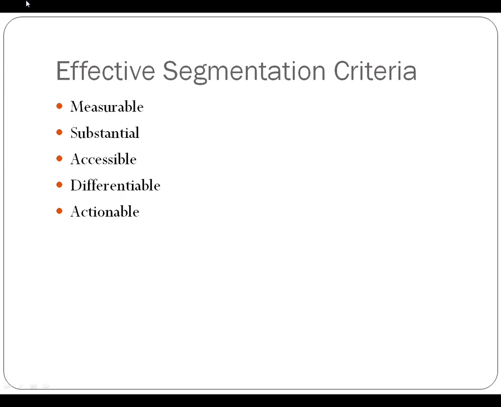And then actionable. You have to be able to take some action with some positive result within the particular segments. So maybe you've developed these segments, but you can't really do anything with them. They're not willing to buy your products anyway. Then what do you have? You may find through segmentation that you can't find any particular group that's willing to purchase your product. So thus they're not actionable, and you're really in a pickle at that point. You've got some serious problems. So those are the 5 segmentation criteria that have to be met.